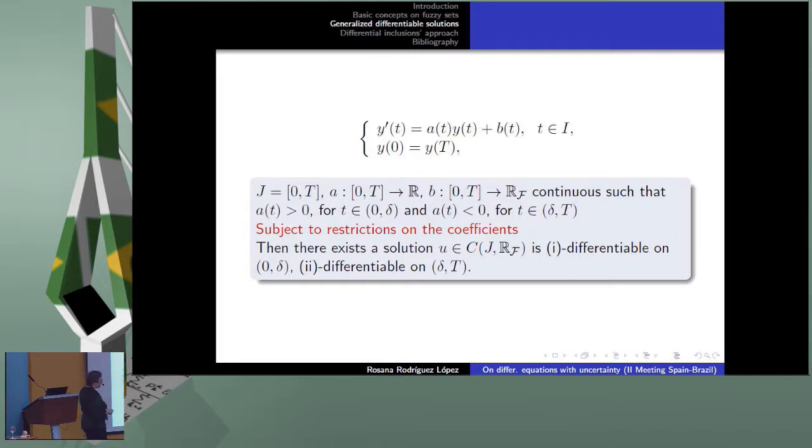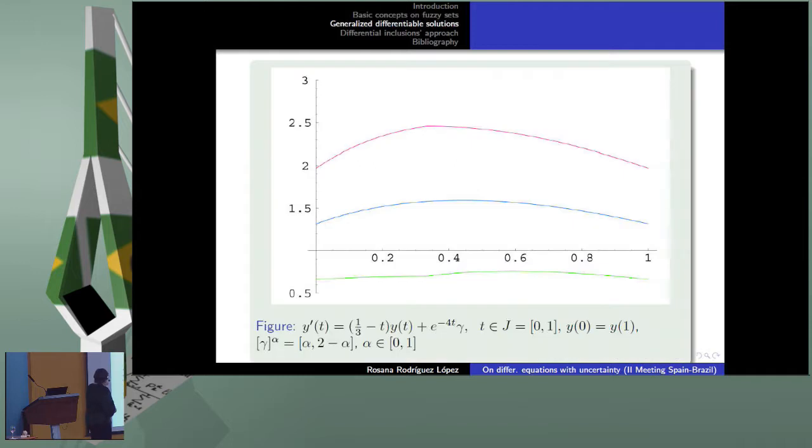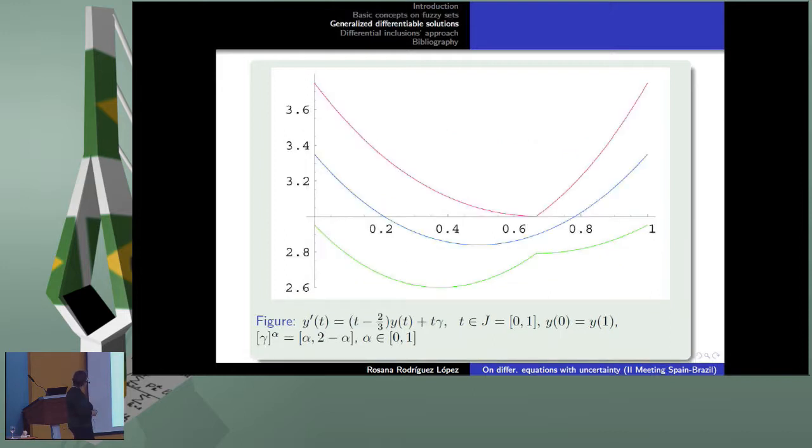That, without the switching points, is completely impossible. So, periodicity is another reason that supports that the approach of differential inclusion is going to be better than using a notion of the differential of fuzzy function. We have studied some periodic problems using the strongly generalized differentiability, but it is not so useful, and it was tricky to write expressions of the solution using this approach. So this is one of the reasons, another reason that supports the use of alternative approaches to the study of these equations.